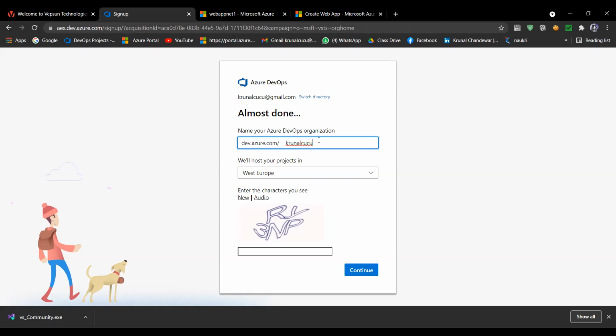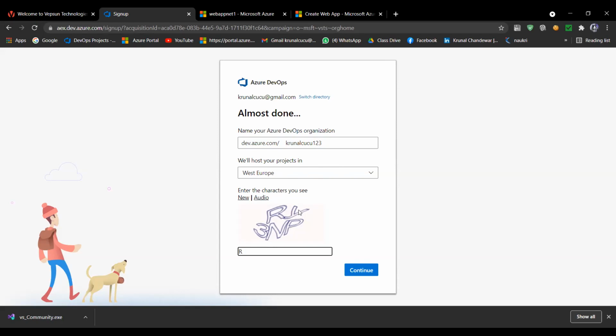So Krunal CU is the name of one of our organizations, and I want to create a new organization here. So Krunal CU 123. Suppose I gave this name to my organization, and suppose my organization is in West Europe, then I want to give the captcha here. So captcha is R. Is this a small y or capital? Maybe small.